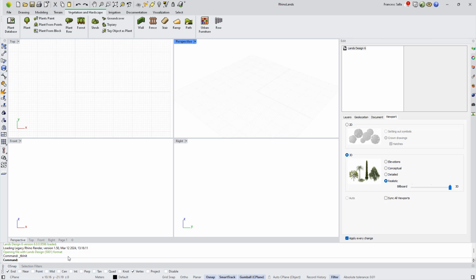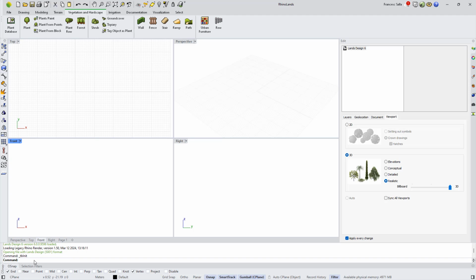At the bottom of the interface, we can find the command line, from where we can call the commands by their name. By typing the command name or a keyword, for example, plant, the command line will show the commands available related to that, and we just need to select the desired one. If we do right-click on the command line, we'll see the last command run. The command line will guide us through the different commands, showing the different steps to follow and the options available